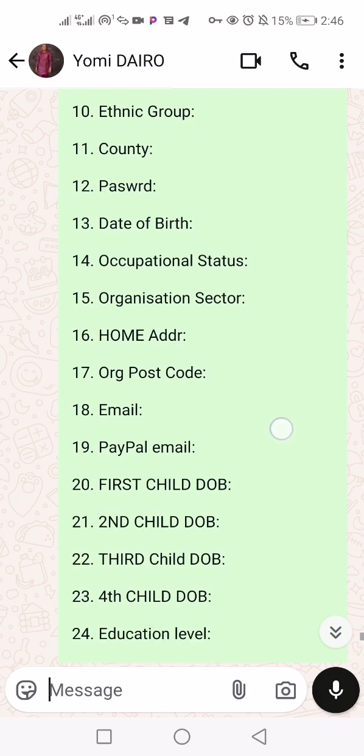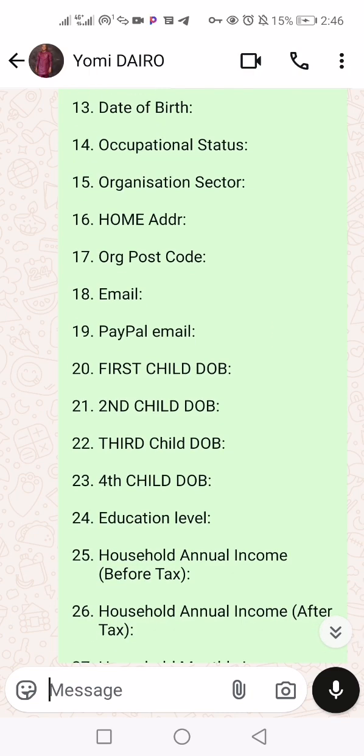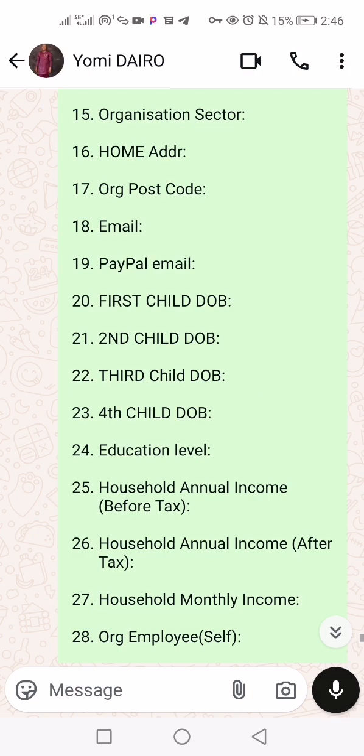Then home address and organization postcode, you can leave that, they hardly ask. Then the email, the email you used in creating the account, that's the email. At times they ask for that. Then, talking about your children now,